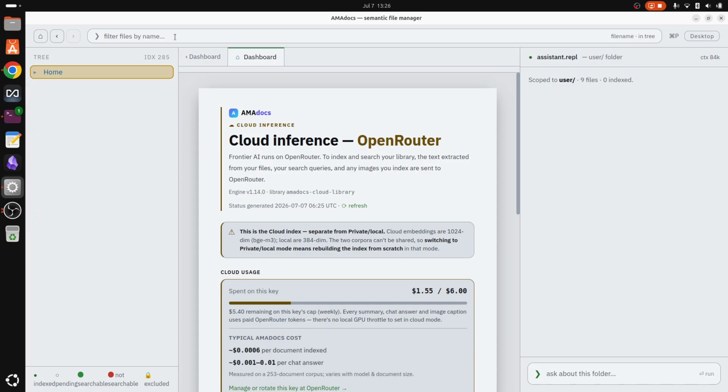Hello. I just wanted to document the progress on the semantic file search app. This is called AMAdocs, Ask Me Anything Docs. The idea is I wanted to create a file explorer that used an LLM to do file search. Now, the first prototype of this was all local, and although it was an interesting project, it didn't consistently produce